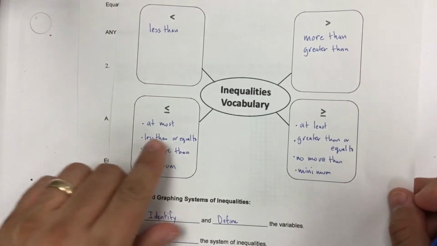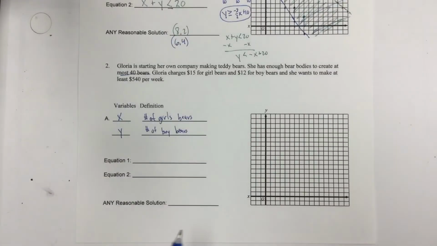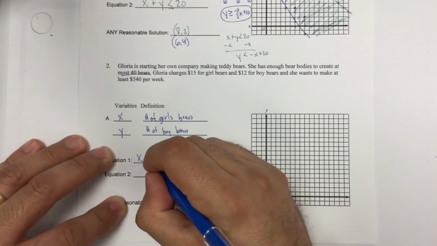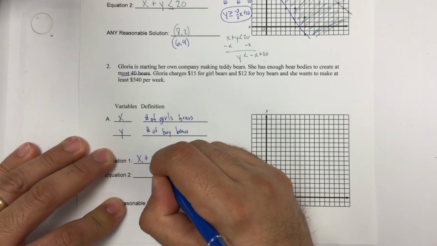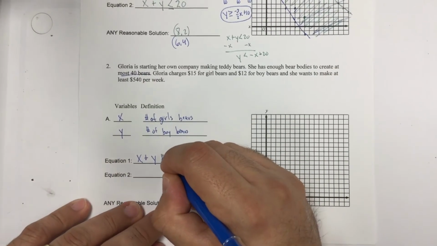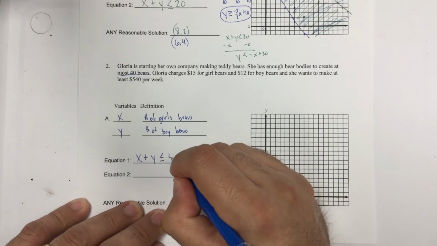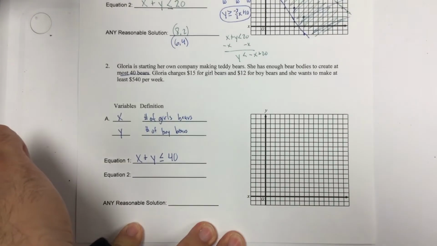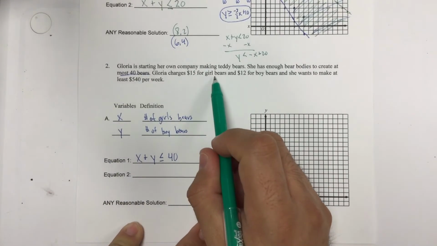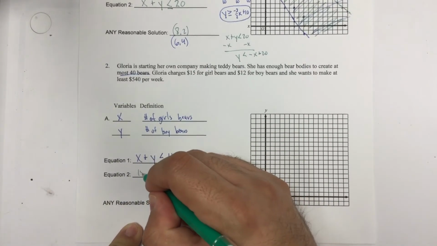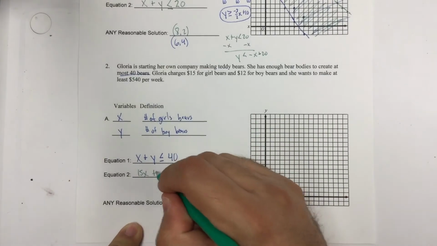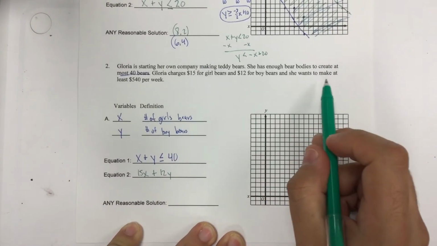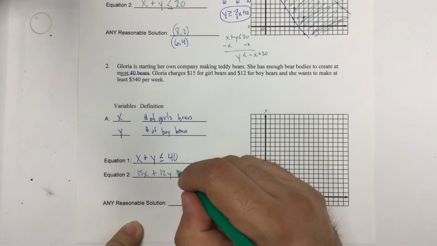So over here, once again, at most is less than or equal to. Well, she has so many girl bear bodies plus so many boy bear bodies, and she can make at most, which is less than or equal to, 40 bears total. For the next equation, she charges $15 for a girl bear, which is 15 times the number of bears, so 15 times X, plus $12 for boy bears, so 12 times Y, and she wants to make at least, which is greater than or equal to,